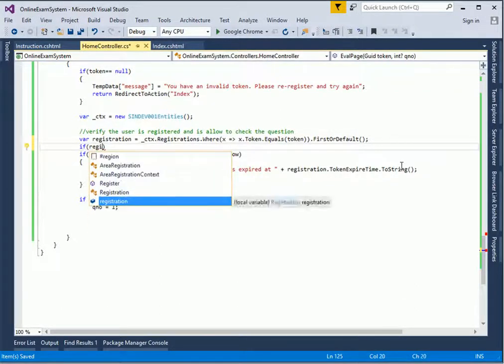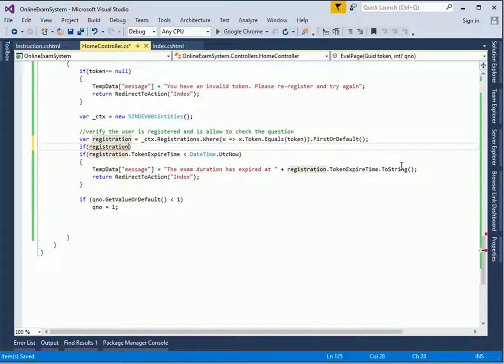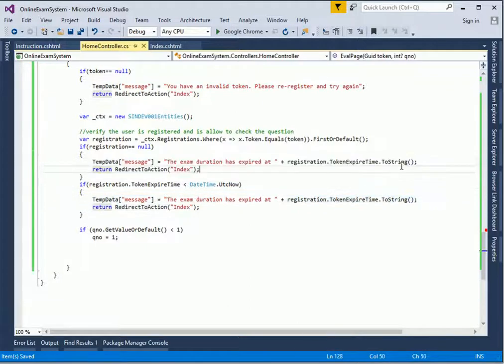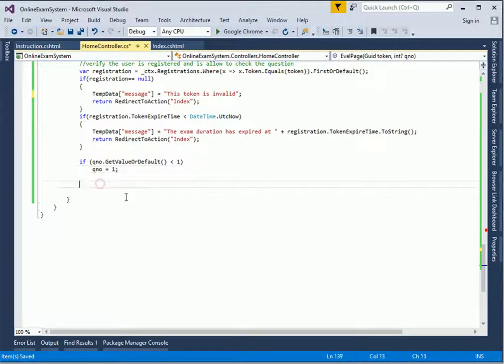if registration equals null, because I'm sure we're going to get null issues here, then we can pass a similar message that says this token is invalid. So now I think this explains why we're doing this. We take it, we check if the token itself is valid. No, take them back. All right, so now the next thing is variable test question ID is equal to context